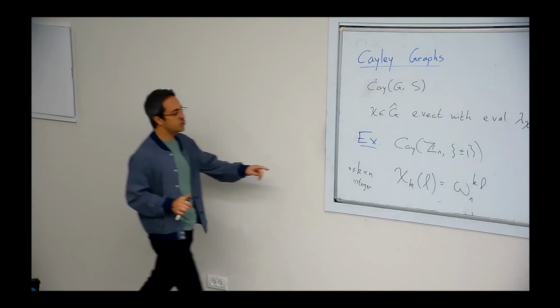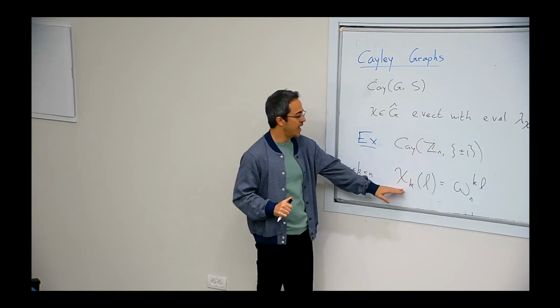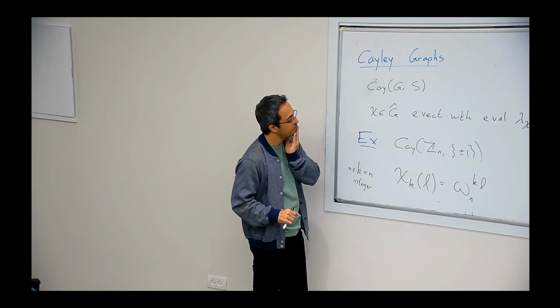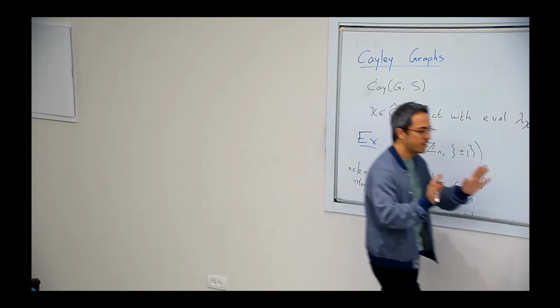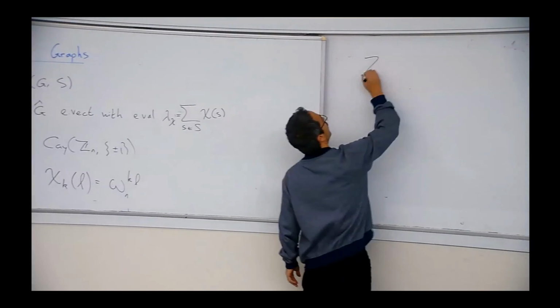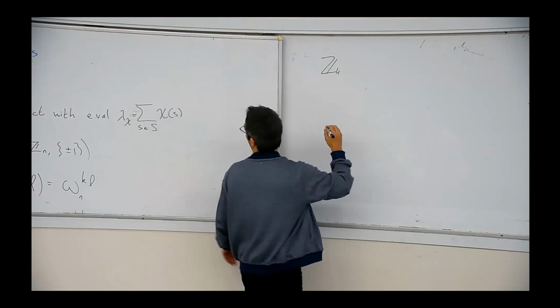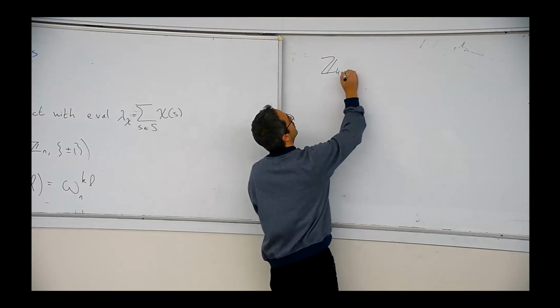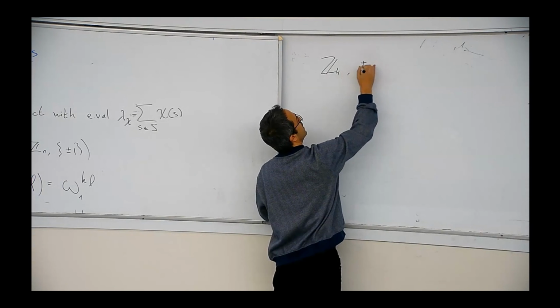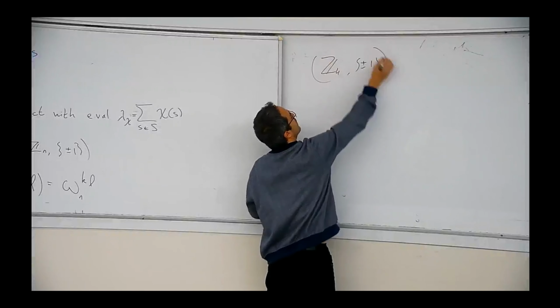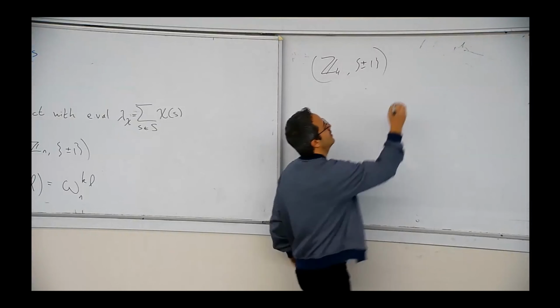Okay, so from that, let's compute the eigenvalues. So that's the eigenvector basis. Maybe for example, in Z4, which is the easiest one right now, in the case of n equals 4, so this is the length 4 cycle. This graph is many things. It's the length 4 cycle,